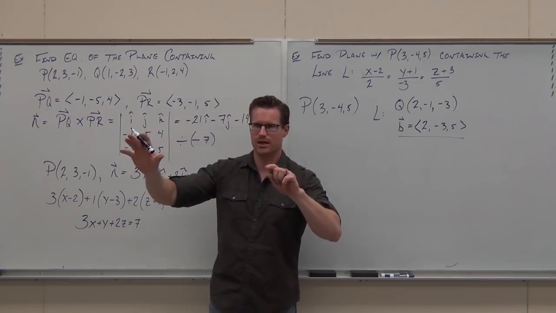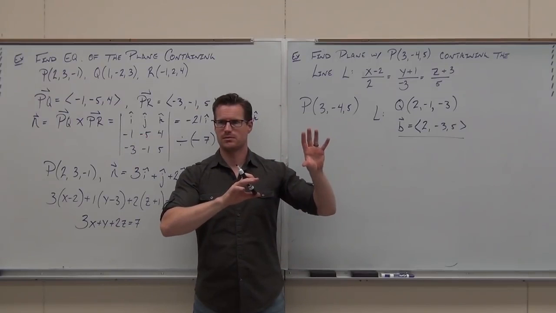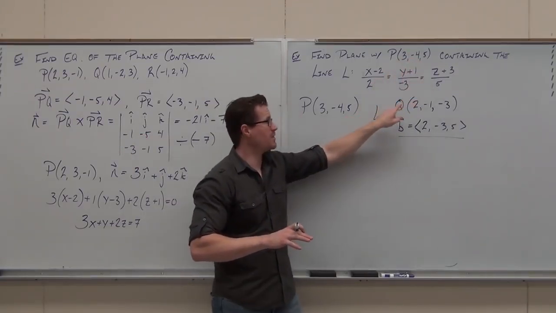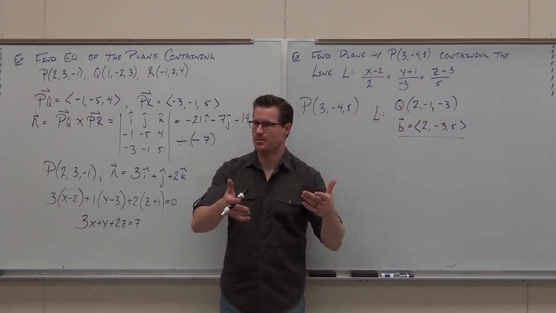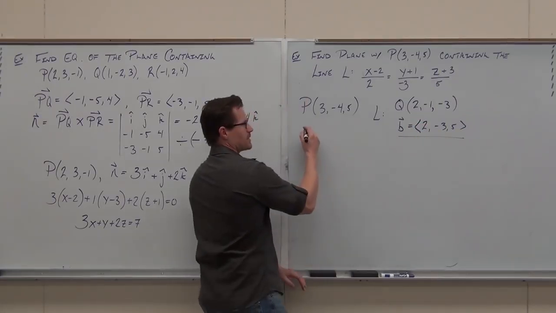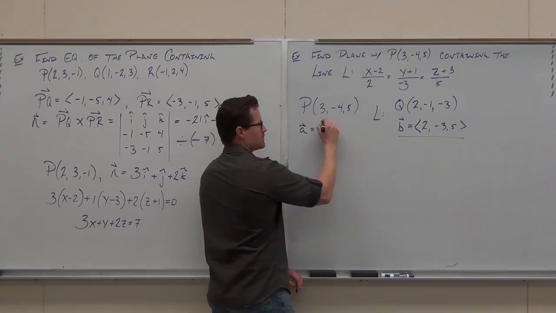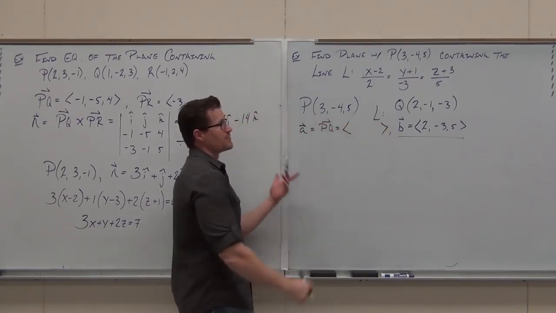Let me walk you through it if you didn't catch it the first time, okay? Check it out. Point P has to be in the plane. Make sense? This line is in the plane, which means that point is in the plane, and that vector can be thought of as being in that plane. Does that make sense? So if I have one vector here, and I say, well, let's define vector A as P to Q,